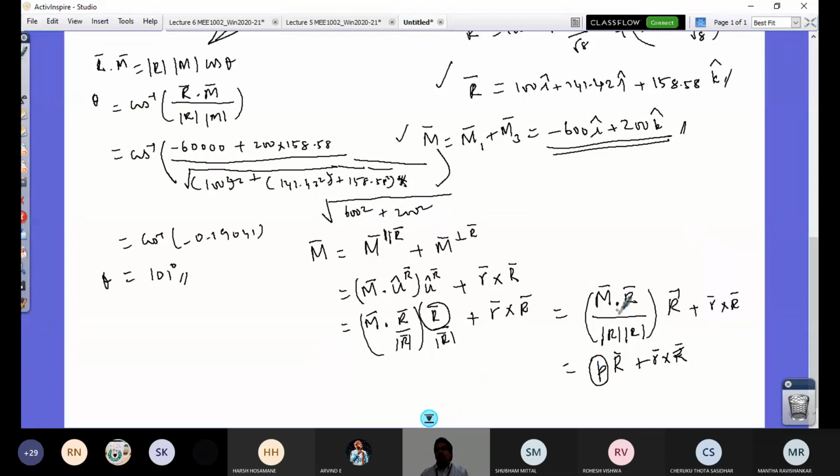So this is what is pitch. I have my M vector, I have my R vector, so the modulus of the R vector. Also, I can find out what this pitch is. Pitch, by definition: if you take a screw and turn it by 1 revolution, how much is the lead, the axial displacement, is what I have to find out. The screws can be single-strand, double-strand, or triple-strand. So n into the number of pitches, what is that lead? Pitch refers to the axial distance between a corresponding point in two adjacent screws.